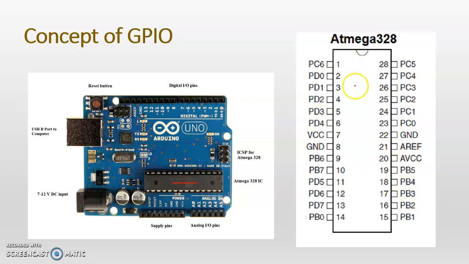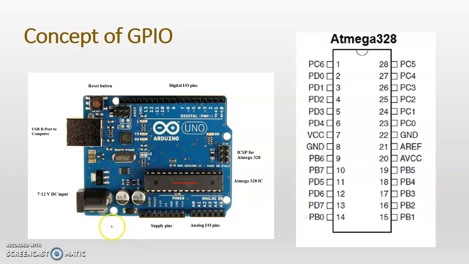If you see port C, PC0 to PC5 and the 6th pin is here, port D, which is PD0 to PD7, which are 8-bit, and port B, which is also PB0 to PB7. So these are the 23 input output pins available. Some of these pins also have multiple functions, for example PC6 has a reset function, right?